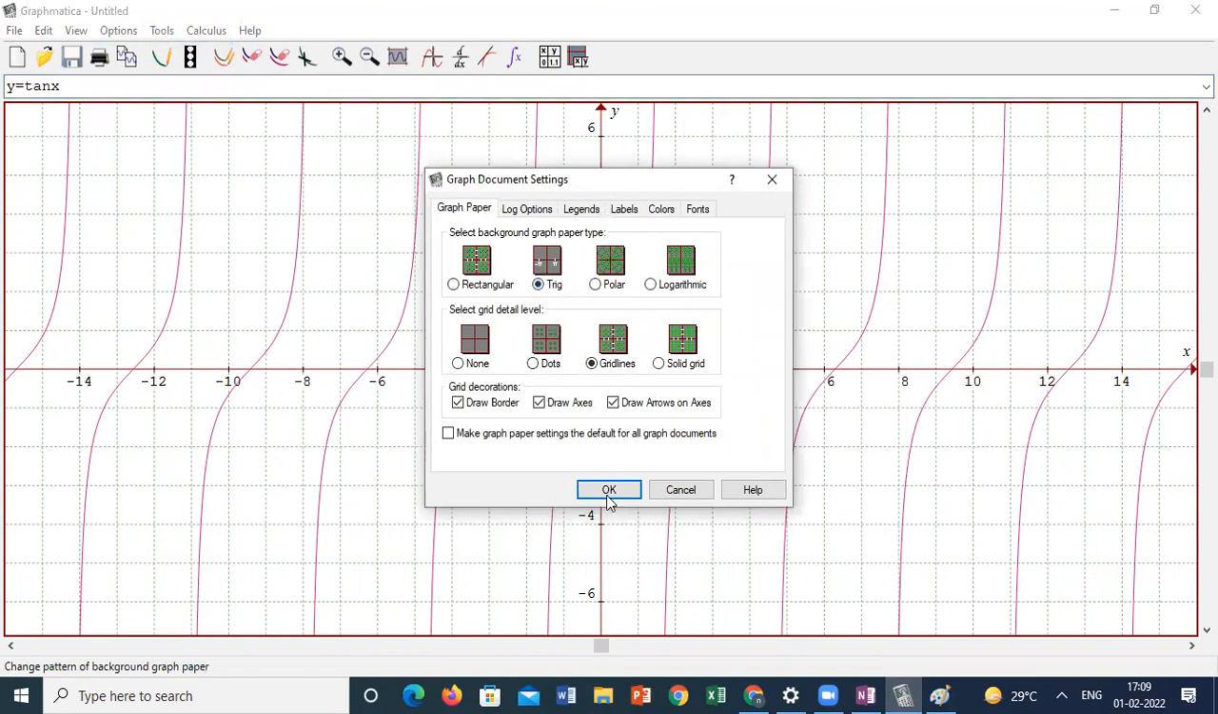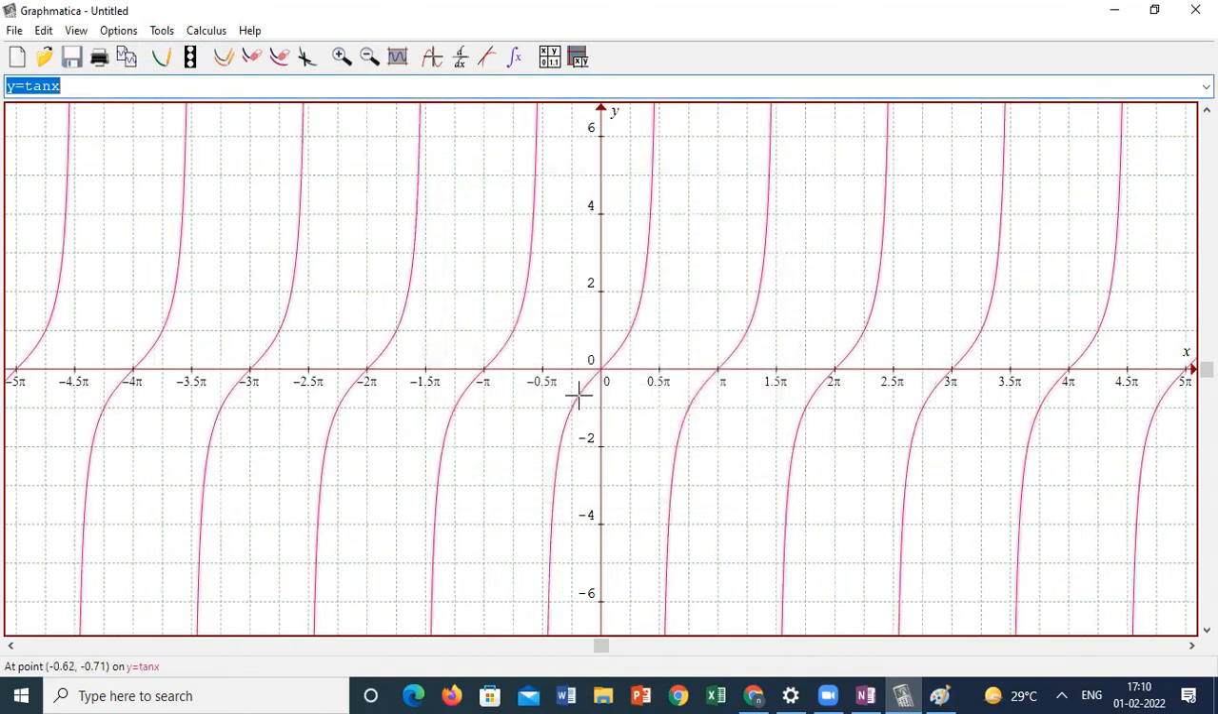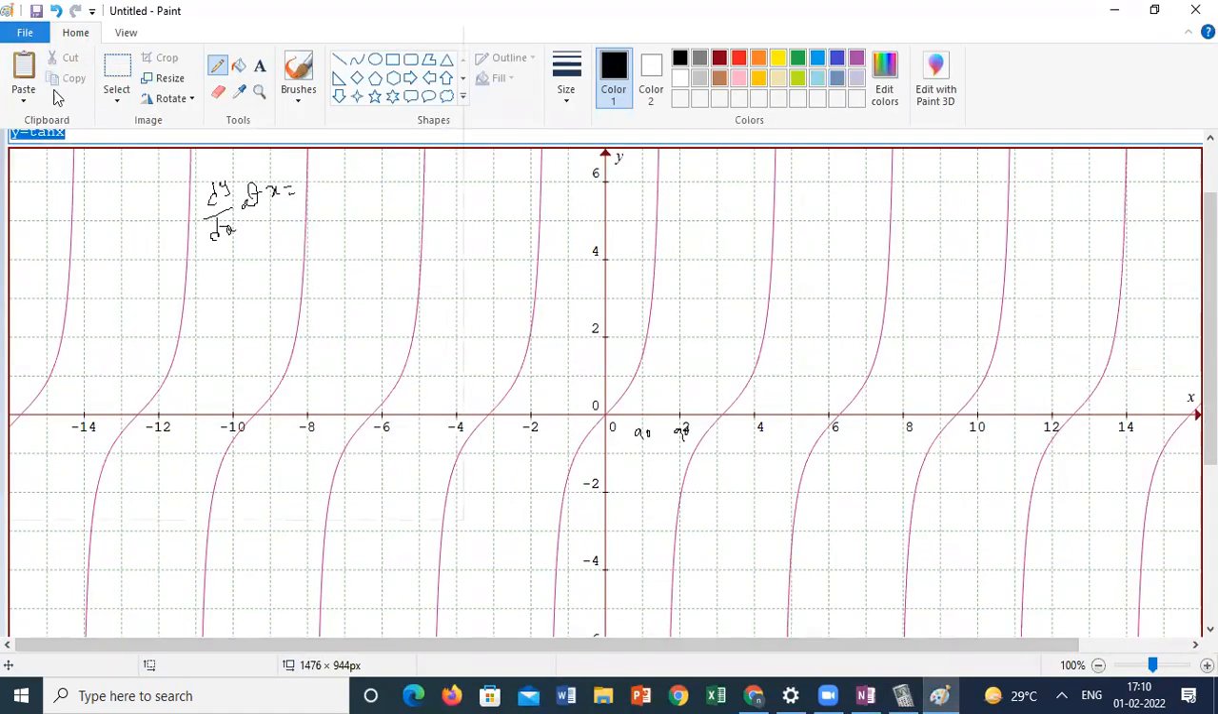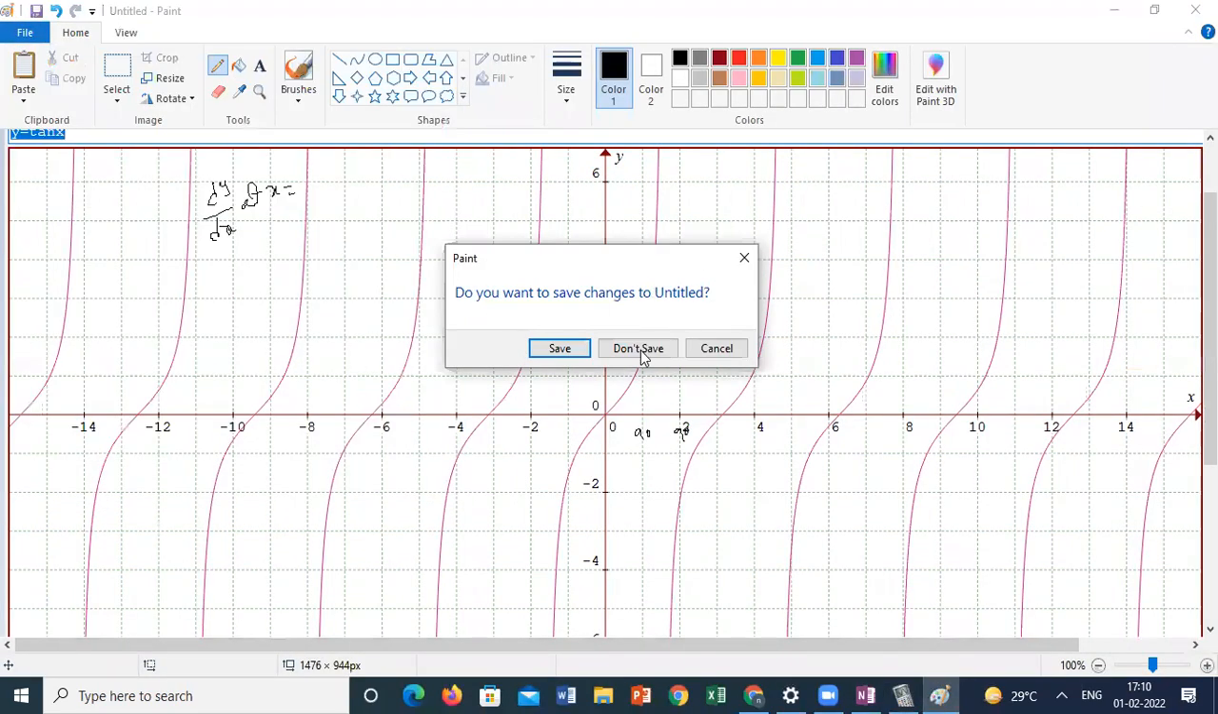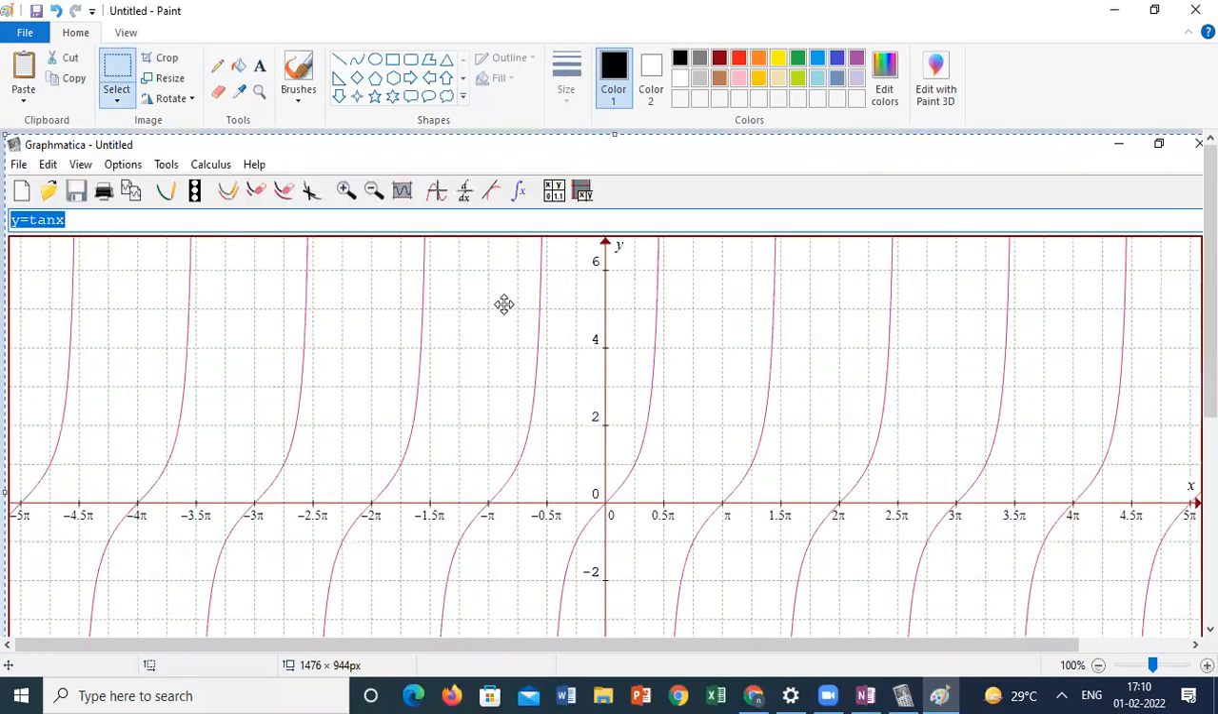Trigonometry. Yeah, now it is a little bit clear to understand if it is in angles. Now, if I am taking,